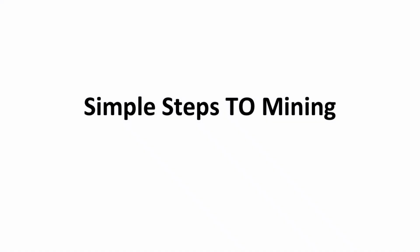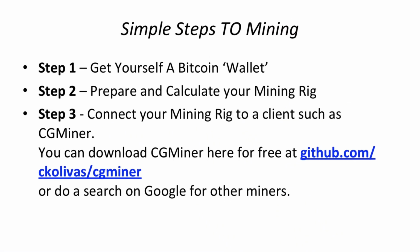Simple steps to mining. Step 1. Get yourself a Bitcoin wallet. Step 2. Prepare and calculate your mining rig. Step 3. Connect your mining rig to a client such as CG Miner. You can download CG Miner here for free at